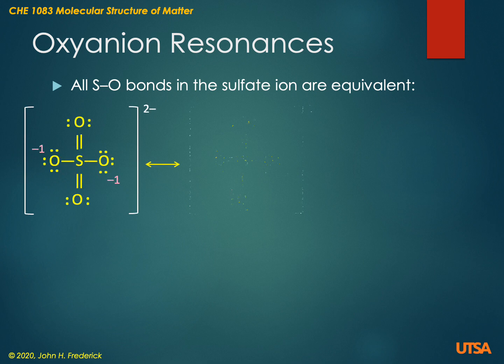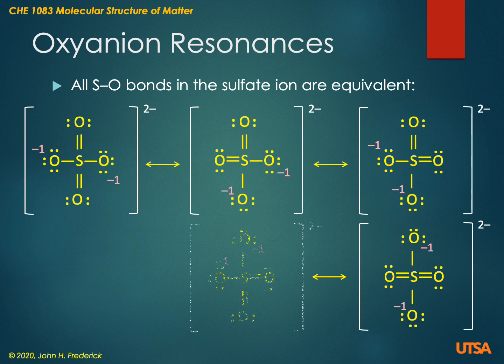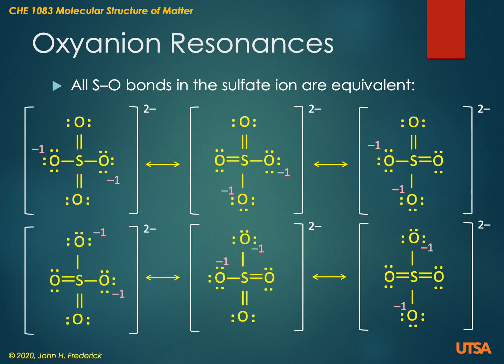So that means that we can form various resonance structures, just as we did for ozone in the previous video. In the case of sulfate, there's a total of 6 equivalent resonance structures. That's the number of ways that one can distribute 2 double bonds among 4 equivalent bonds. All right, so it would be an interesting exercise to give on a test, but I would never do that to you. So just appreciate the fact that there can be many resonance structures when we have a complex polyatomic